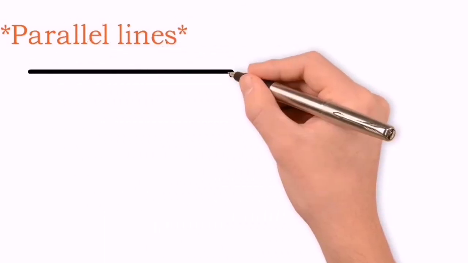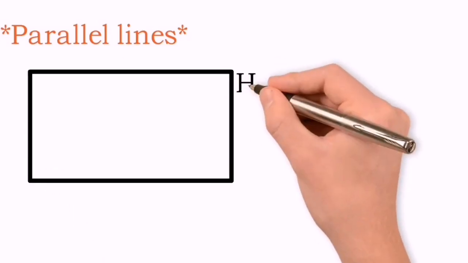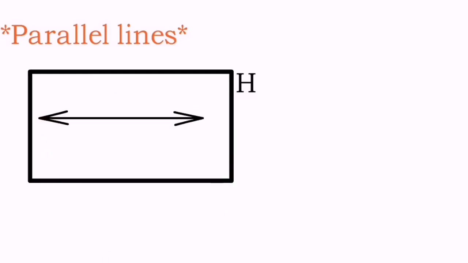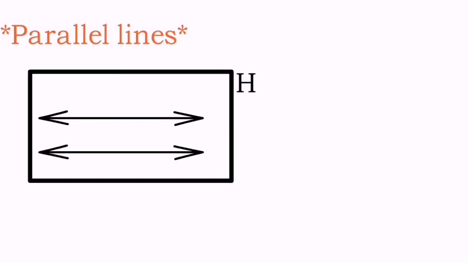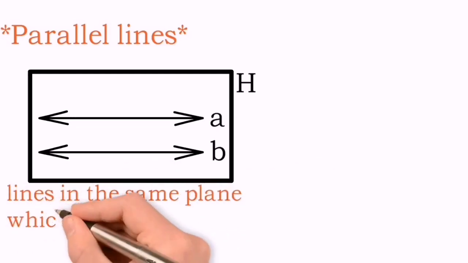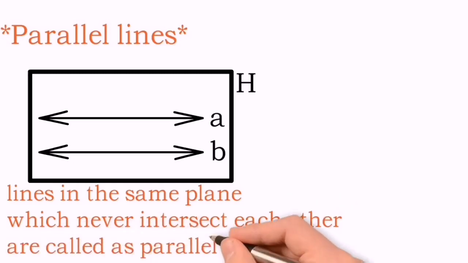So today we are going to learn some basic concepts of parallel lines. Presently in front of you, there is one plane, the name of the plane is H, and I'm going to consider two lines inside that plane. First one is line A and line B below it. And the moment you observe these lines, what special feature can you notice in these lines? Though you increase the length of these lines, they are not going to intersect each other, and this is what makes them special. Okay, so two lines in the same plane which will never intersect each other are called parallel